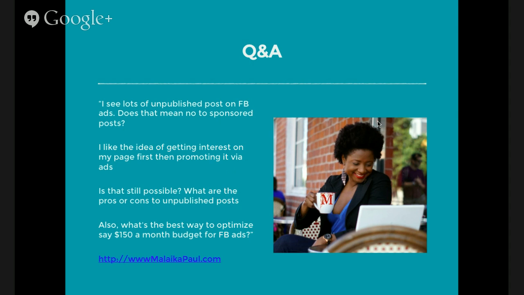What's the best way to optimize a $150 a month budget? Start strong. Spend more early, because Facebook rewards spending. You win bids, and then Facebook kind of sees that as successful. So I would maybe spend $20 a day for a few days, more than that if you can, and then just gradually decrease it. You do not need to have ads running all the time. There's really no reason for that. So that is just my suggestion.